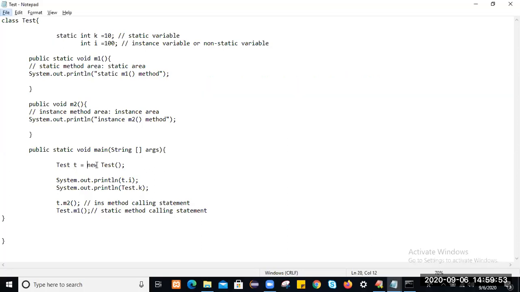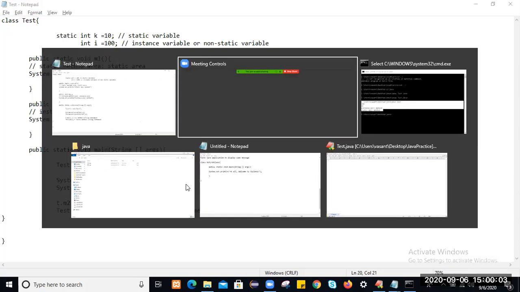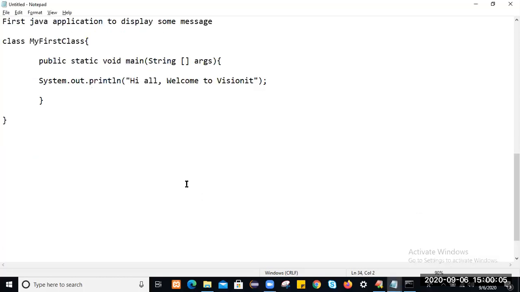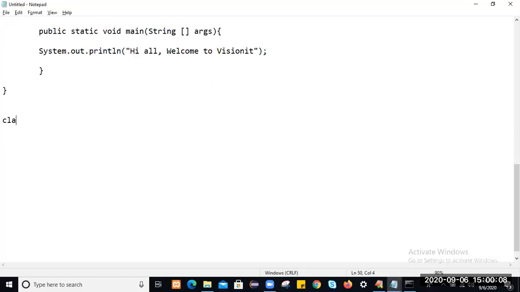So actually, if you want to create an object and the class is not there, you cannot create an object. Like that, by using the new keyword, you can create multiple objects. So what is the class? First definition of class: class is a logical entity which contains logic of an application.